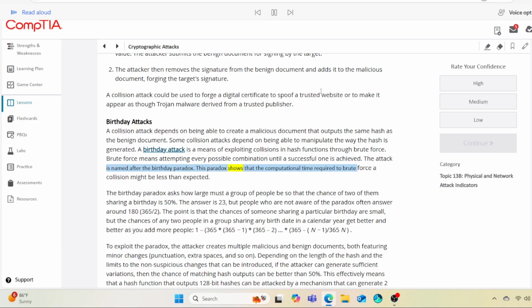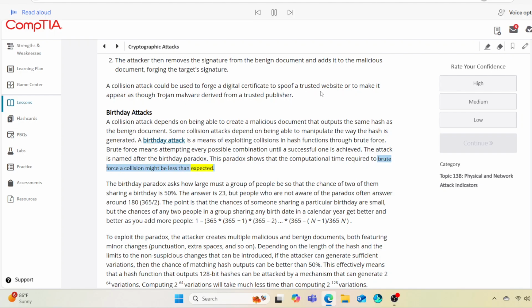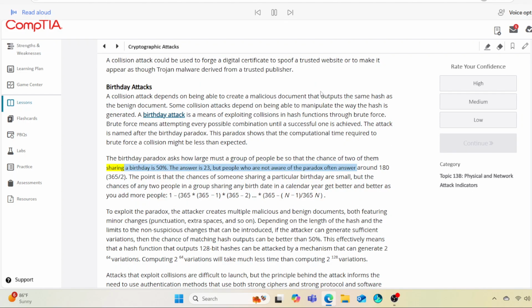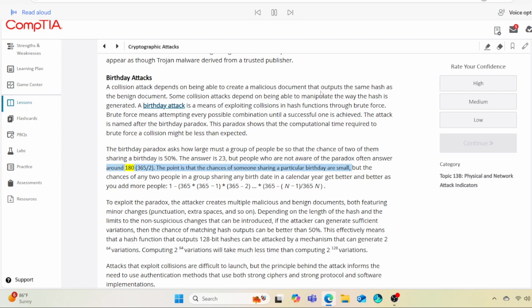This paradox shows that the computational time required to brute force a collision might be less than expected. The birthday paradox asks how large must a group of people be so that the chance of two of them sharing a birthday is 50%. The answer is 23, but people who are not aware of the paradox often answer around 180,